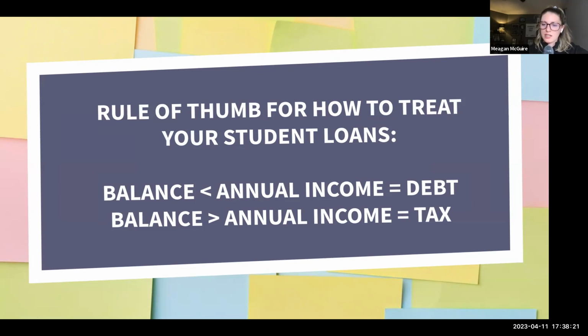You want to treat the loans like a debt and pay it off if you're not going to be doing public service loan forgiveness. Public service loan forgiveness is kind of a game changer because it's such a short window of time compared to the 20 or 25 years. It's half of that time frame or less. So it could make sense, if your balance is less than your income, to still entertain public service loan forgiveness. It really just comes down to the math on what the payment is going to be. And does that mean you pay off the loans before you get to the 120 payments or not? Is there still a balance that's left over?